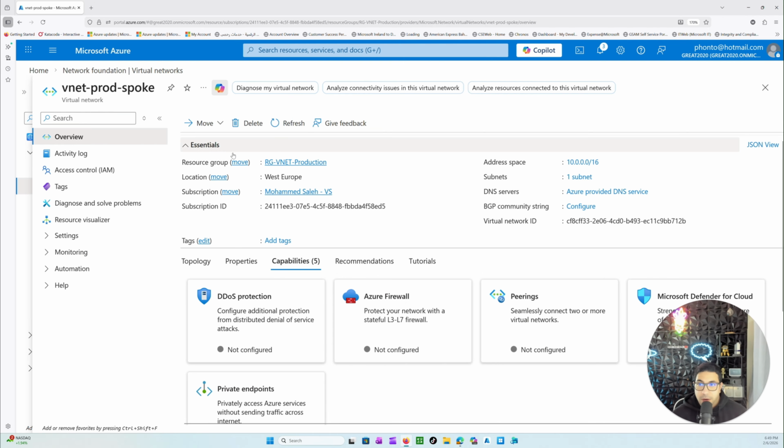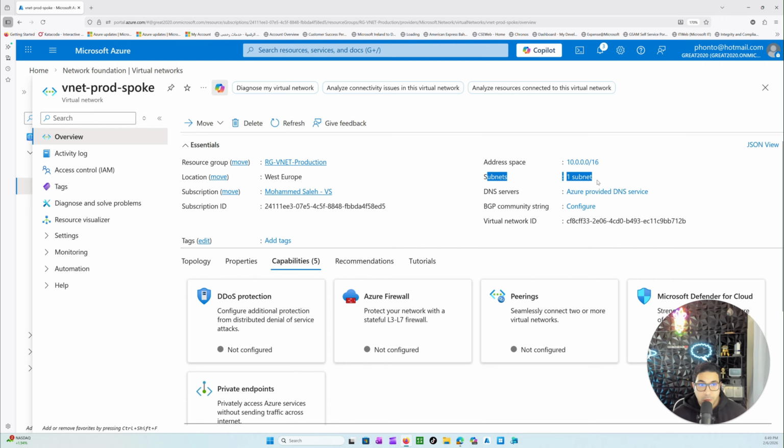On the left side here, you will see these are again showing the same details, like which resource group and what is the location of this network. Normally you deploy it closest to your users or maybe your on-premises network, so always choose the right region for yourself. My preference is I've created it in West Europe, but feel free to use whatever. It will also show which subscription ID. This is the classic one. And then this is the address space that we have selected,